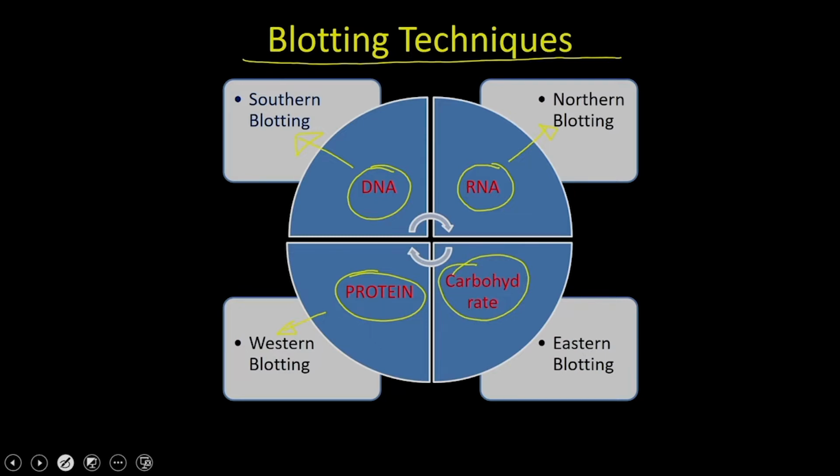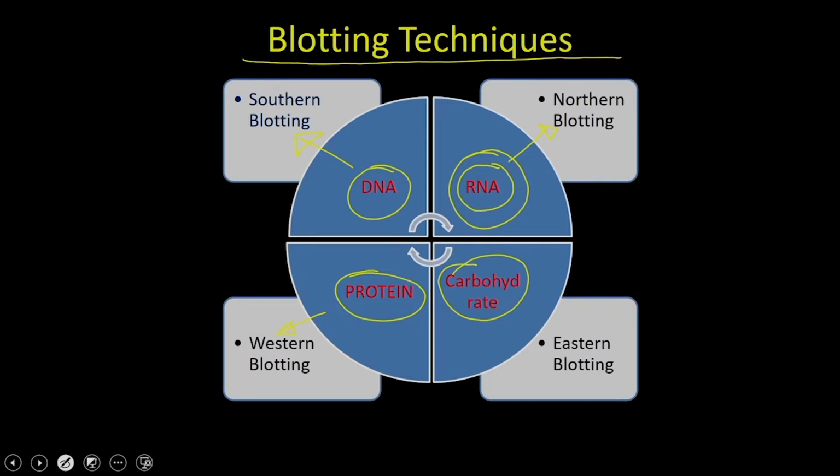In some cases people also use the term Eastern blotting, which people normally refer to when you are blotting a glycoprotein or lipoprotein onto the membrane and trying to detect the carbohydrate moieties or lipid moieties on the proteins. As you can see, all these blotting techniques are directed against one or another kind of biomolecule. In today's lecture, we are going to start our discussion with RNA as a biomolecule,